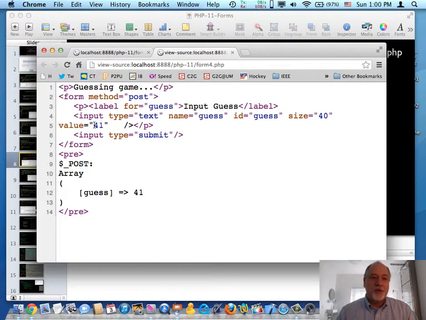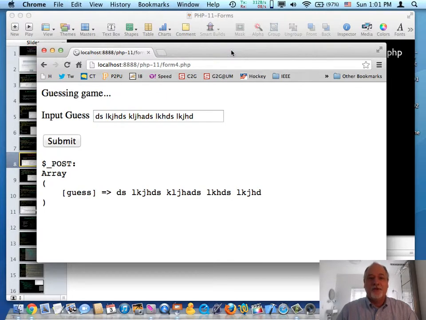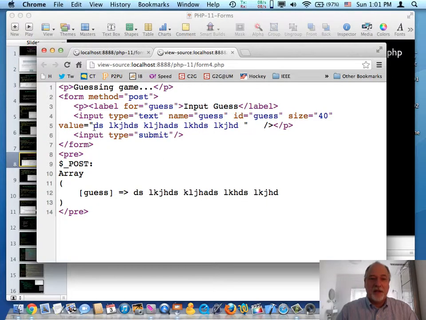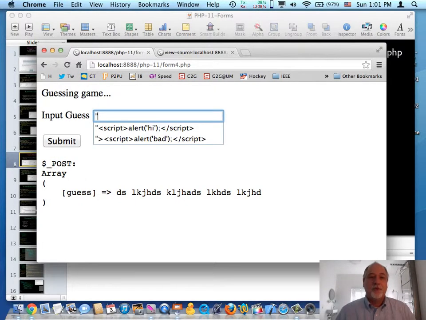So what I'm going to do is, knowing that this is literally being substituted, whatever I put in here, so if I put in like, I can put that in. And now if I do a view source, you see whatever I typed in that post field literally comes here. But what if I do something like this? If I say double quote,